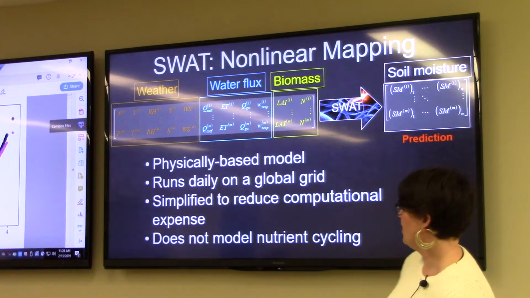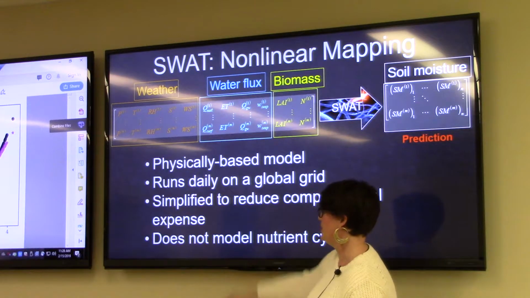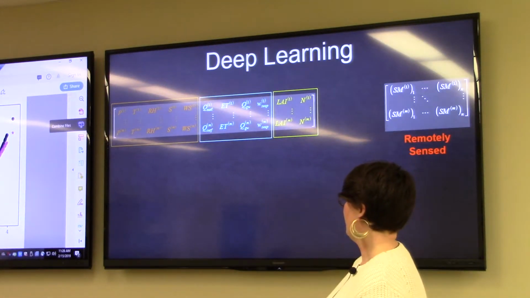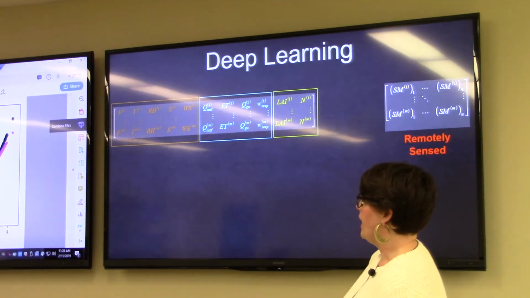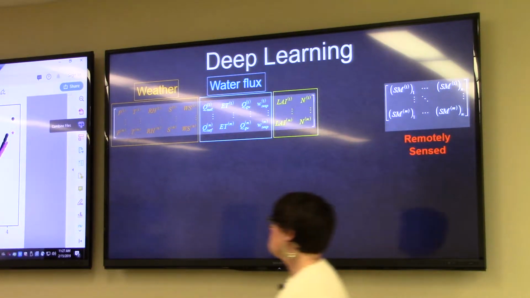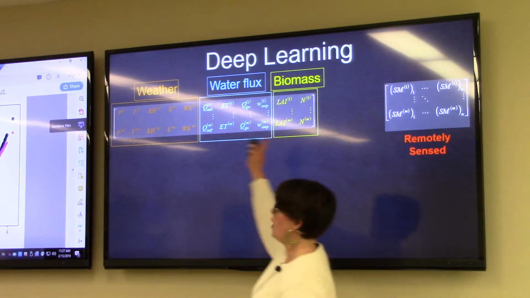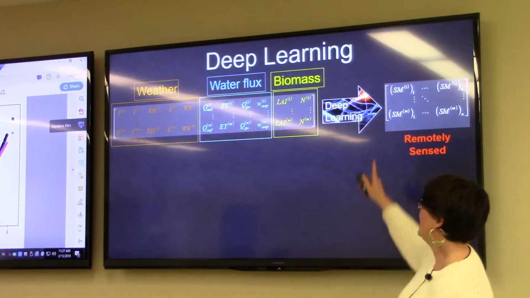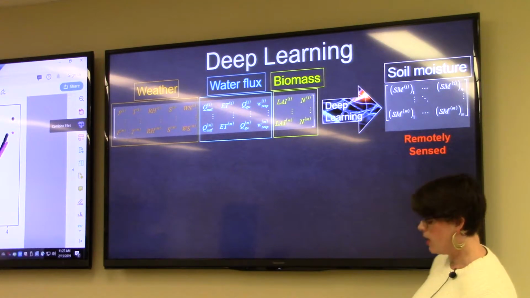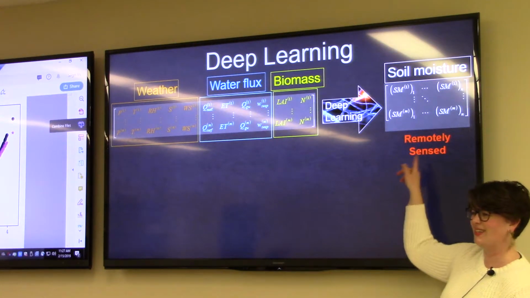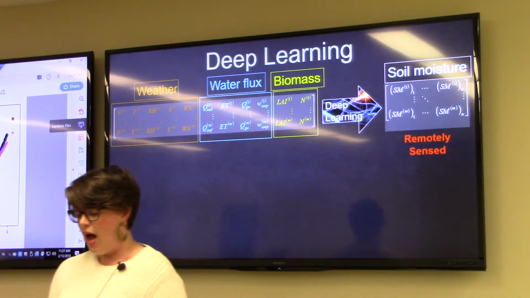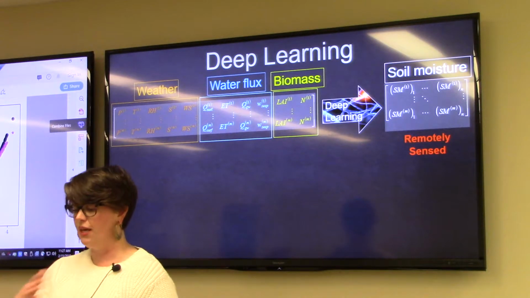Yeah, there are a couple things that we're looking to work on with the model, which would be to improve some of the modules for nutrient cycling, but I'll talk about that later. So my initial idea was to create a deep learning surrogate for SWOT. I thought, well, let's take all of those SWOT inputs and pass that through a deep learning model as opposed to a physics-based model and try to predict this soil moisture. Well, you'll see I have this term remotely sensed here. So the reason that I called this a pseudo-surrogate model is that, with SWOT,